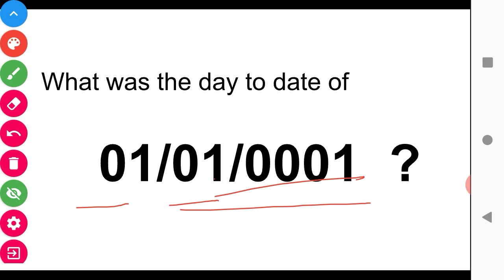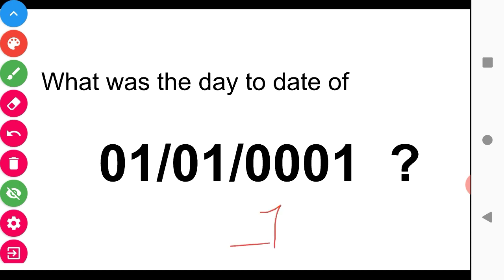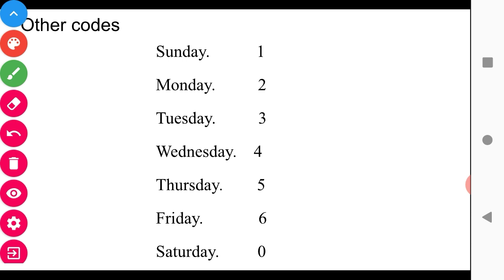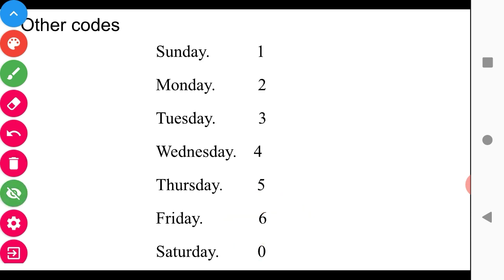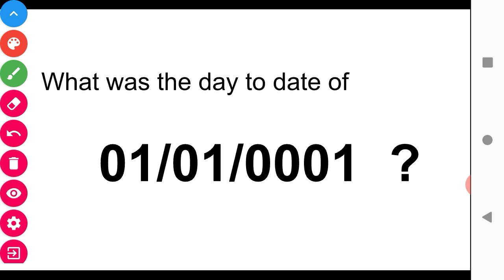Friends, according to simple common sense, this is the first year, first month, first day. That means previously there is no year, no month, no date. So we have only one day here. One is the day, we have only one odd day. According to the previous codes, which day codes do we have to use? These are the previous day codes, because we are not using any month codes or year codes. With these day codes, this is Sunday. With the previous day codes, that is Monday. So what is the day of the date? Write the answer in the comment section.